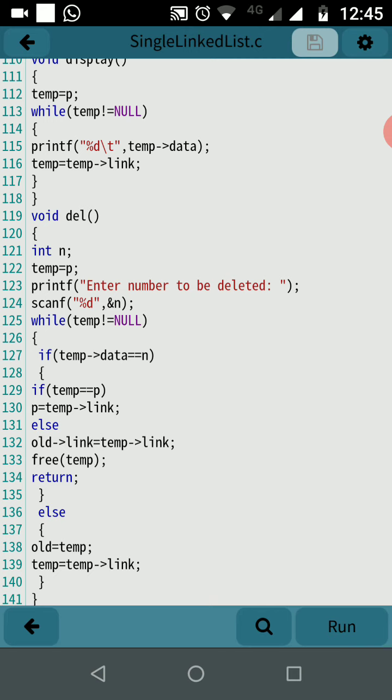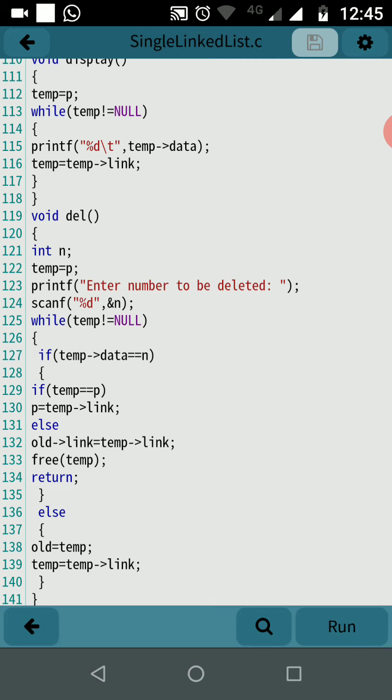For that we check the data part. So if temporary data equal to the number, there are two cases. If temporary equal to p, that means the data which we have found is in the first node of the list, then we have to set the external pointer pointing to the next node of temporary.